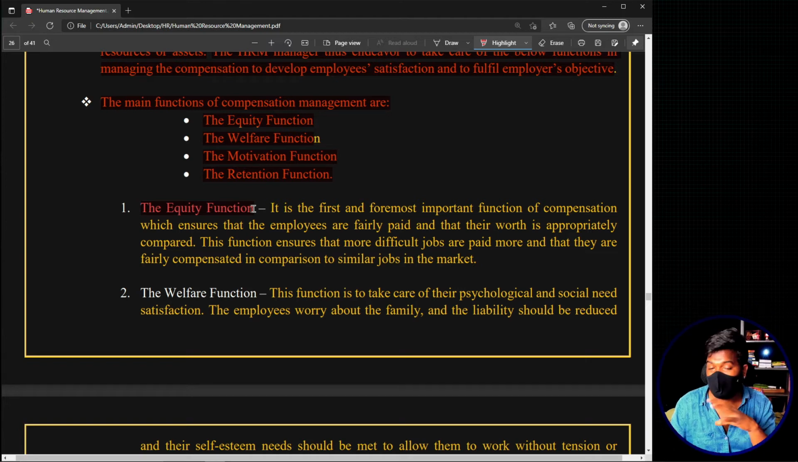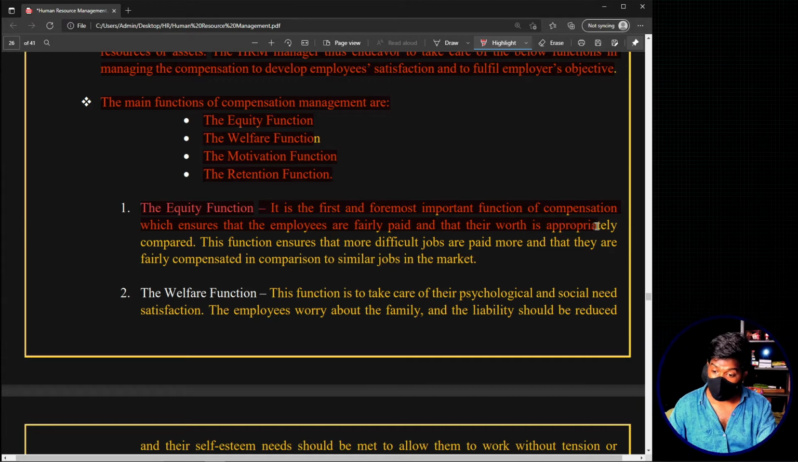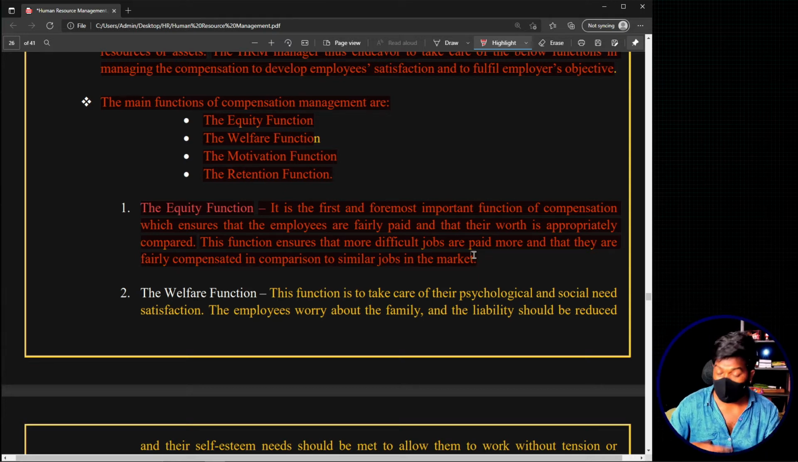That is basically the equity function. It is the first and foremost important function of compensation, which ensures that the employees are fairly paid and their worth is appropriately compared. This function ensures that more difficult jobs are paid more and that they are fairly compensated in comparison to similar jobs in the market. So the first function of compensation management is the equity function,